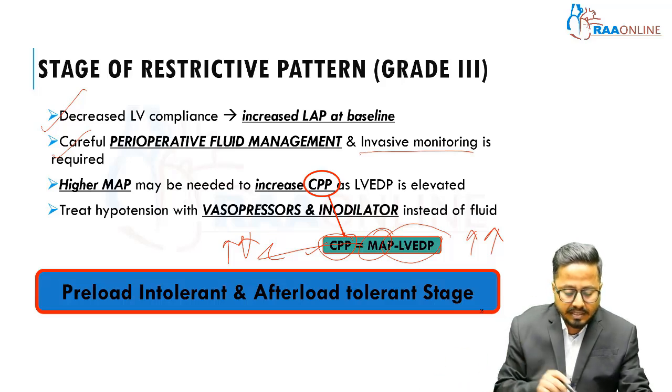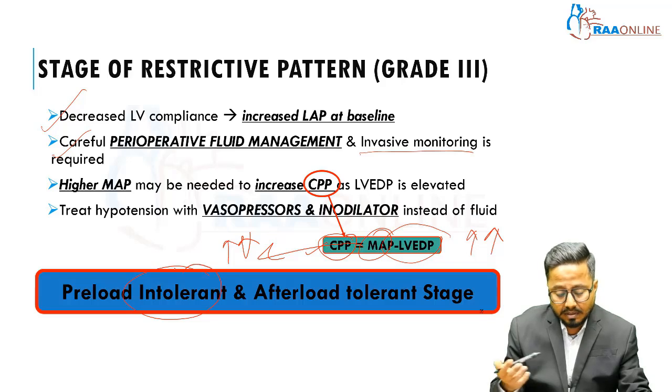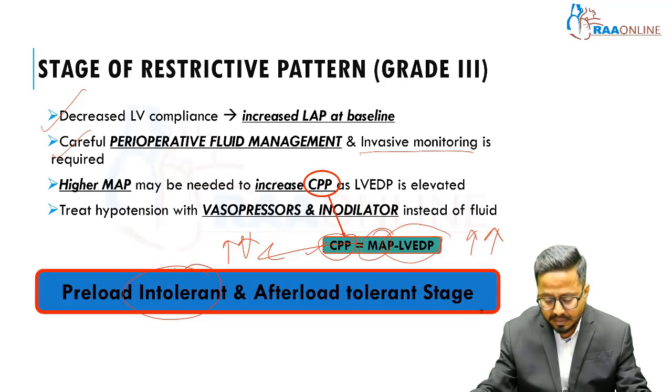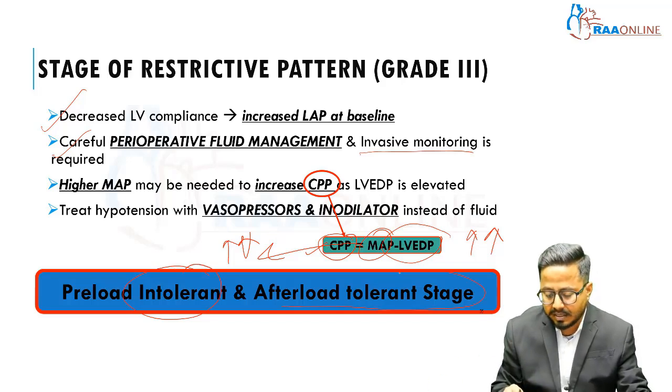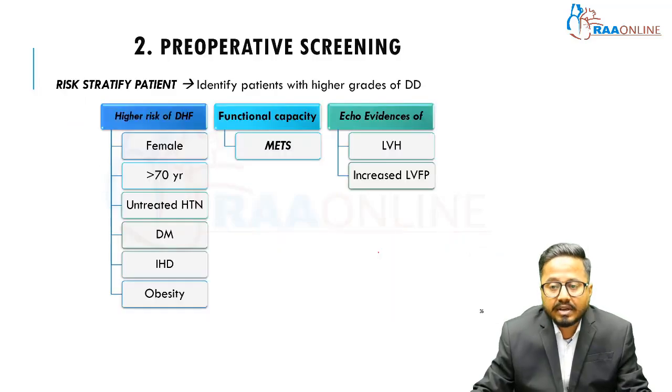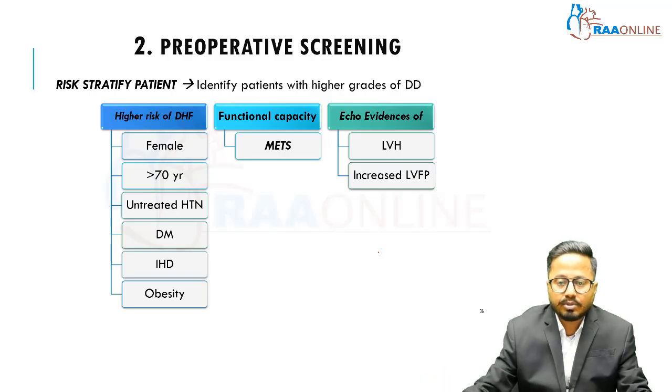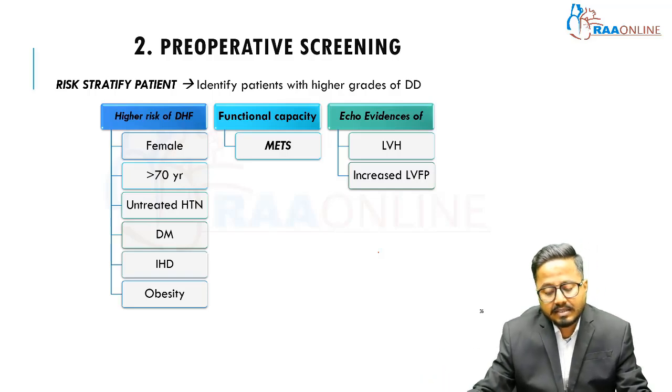So this is a stage of preload intolerance, that is, even a small volume can cause symptoms, and this stage is a preload tolerant stage, as coronary perfusion pressure depends upon the MAP. So preoperative screening: always when the patient comes to the preoperative room, risk stratify these patients